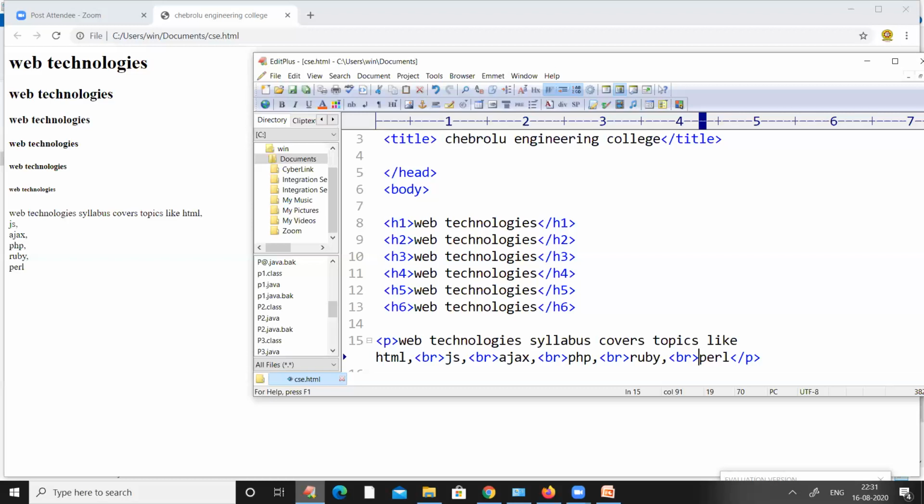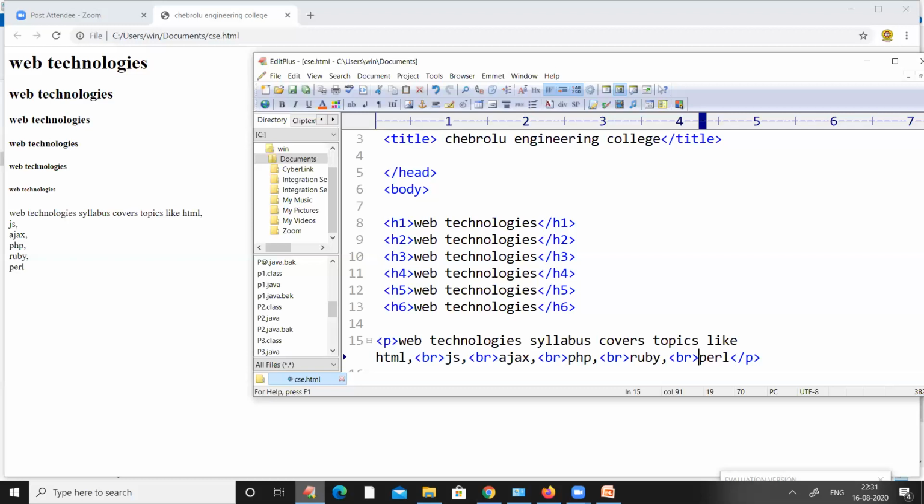But consider the break tag, that is the BR tag. We only have the break start tag. We don't have any content regarding the break tag, and we don't have any end tag for the break tag. That is why this break is called an empty element. And one more thing, I think up to now everything is clear.